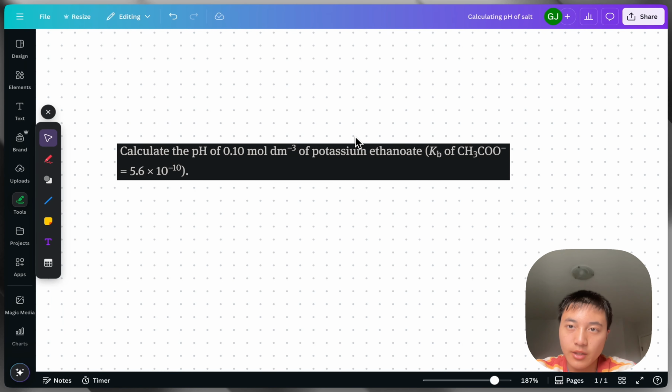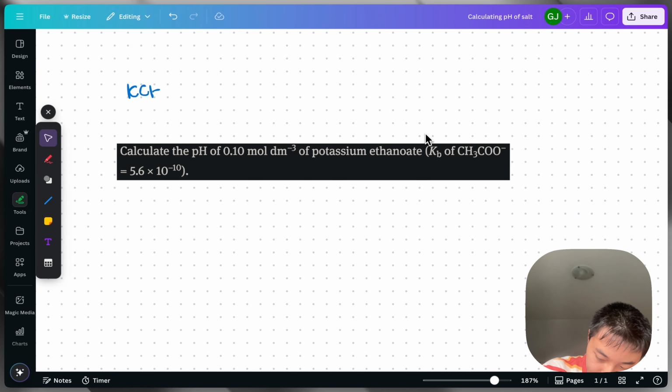Hello everyone, today we're going to be doing a chemistry question. Calculate the pH of 0.1 mol/dm³ of potassium ethanoate, and we're given the Kb of the ethanoate ion. So let's first write down the dissociation of potassium ethanoate, which is